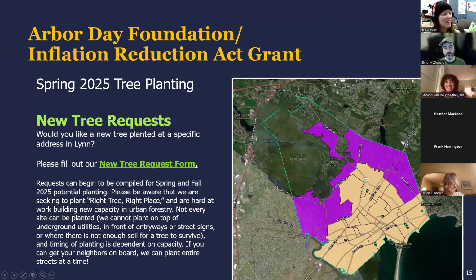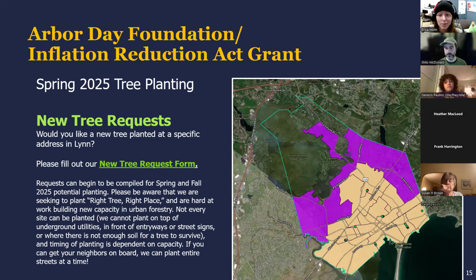Thank you so much. So for spring 2025 tree planting, the best way that people can help is by requesting new trees. When they request a new tree now, the sooner the better, because when they request a new tree now, I can go out to their street, I can look at the address, I can see if there is a tree pit there currently. I can identify which program has funding to plant in that tree pit. I can plan to expand that tree pit. I can plan to pull a stump out if that's needed. Really, the best thing is planning as far ahead for your next planting season as possible.